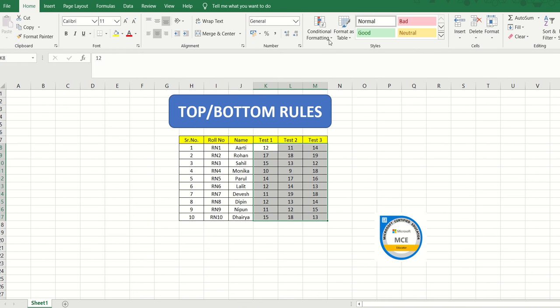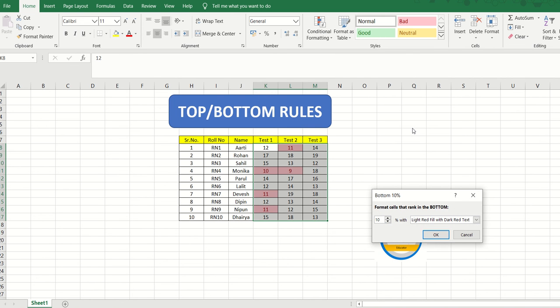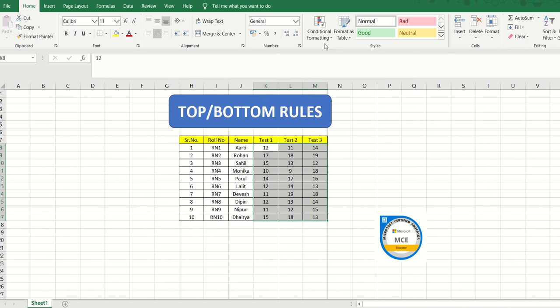Okay, now let's move on to the next formula, which is bottom 10%. If I want to see which students have performed in the bottom 10%, not only students, this particular formula can be used for multiple things depending upon the criteria that you have in your Excel sheet. Again it can be 10%, 20%, 30%, that's totally in your hand, and this conditional formatting is automatically going to calculate it for you.